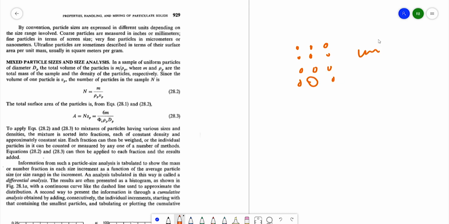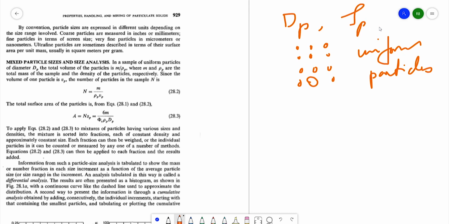Uniform particles. Uniform particles means all are having the same diameter. Same density. And let's say you have